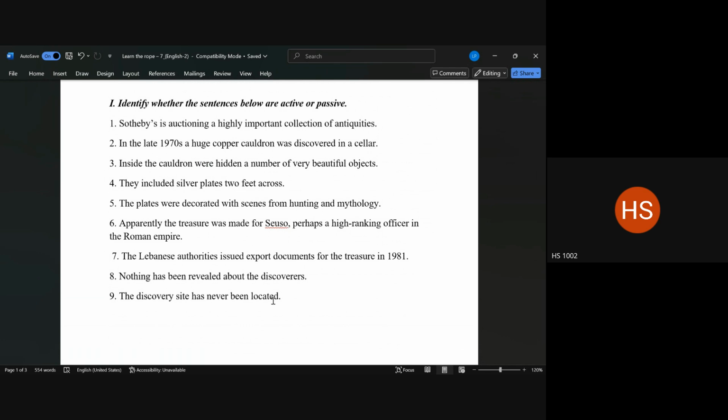So what is the verb format here? Has been revealed. So this is what? This is active or passive. What is the subject of the sentence? Nothing. Nothing has been revealed about the discoverers. Is that the subject of the sentence? Look at it clearly. Then grammatically, it will be nothing. Nothing is the subject, but